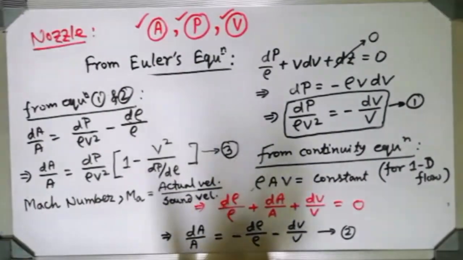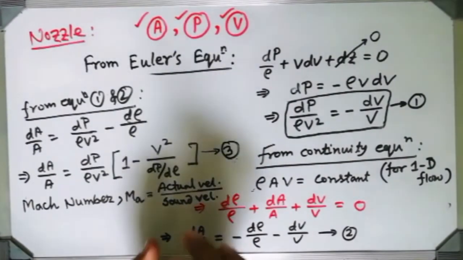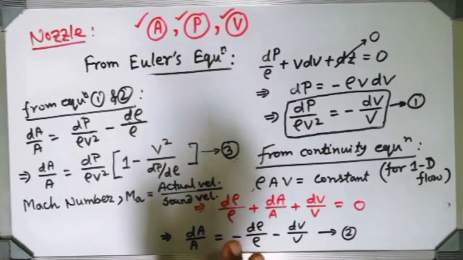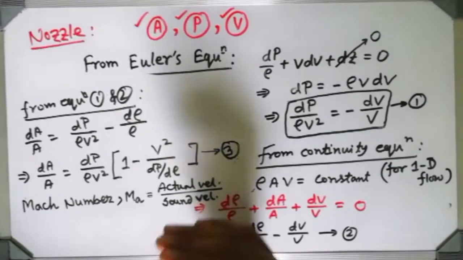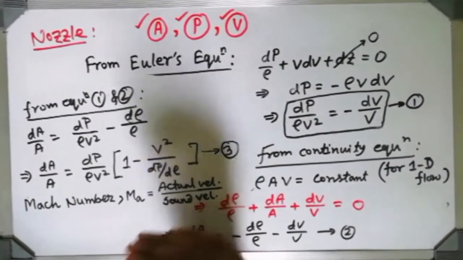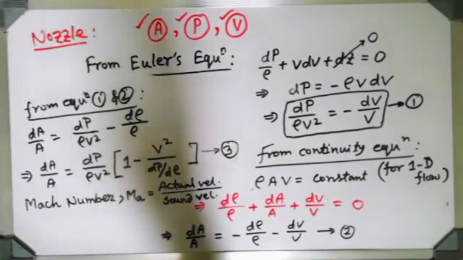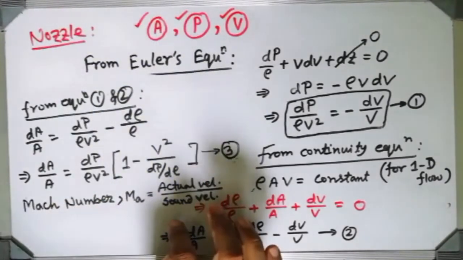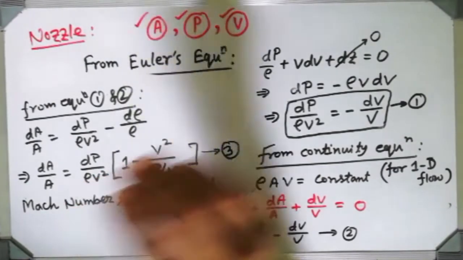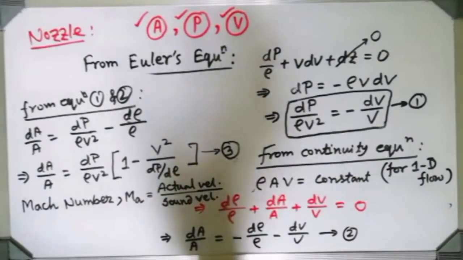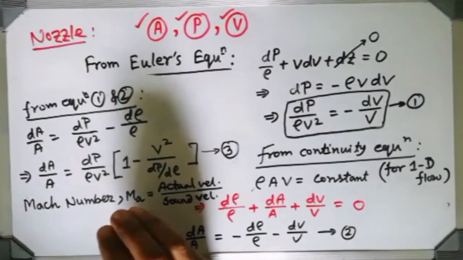Mach number is a number which gives you the idea of the velocity of an object: is it supersonic, is it subsonic, is it sonic, is it hypersonic, like this. That means the object's velocity, is it more than the velocity of sound or less than the velocity of sound. Basically it gives you a comparison of the velocity of any object with respect to the velocity of sound.